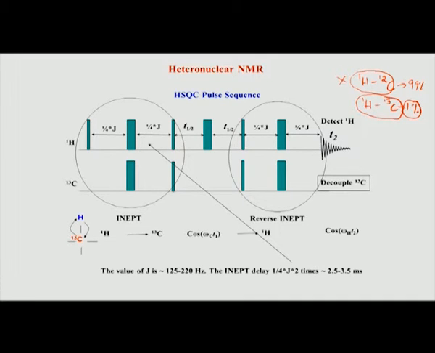So, during this period you see we have to decouple C13, because 1H is getting detected. Whenever you are detecting 1H, you have to decouple carbon 13, because this anyway is gone, we are not looking at this. Similarly, when you are evolving carbon in this period, we should decouple from proton. That is what this pulse is. Therefore, in both t1 and t2 we apply decoupling.